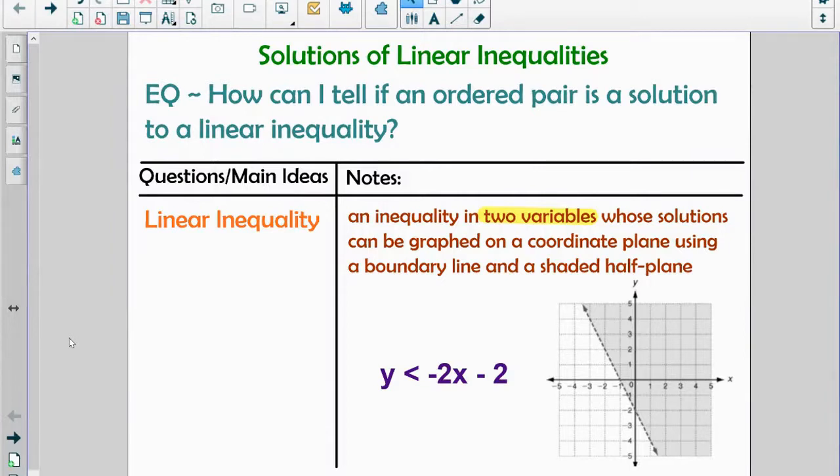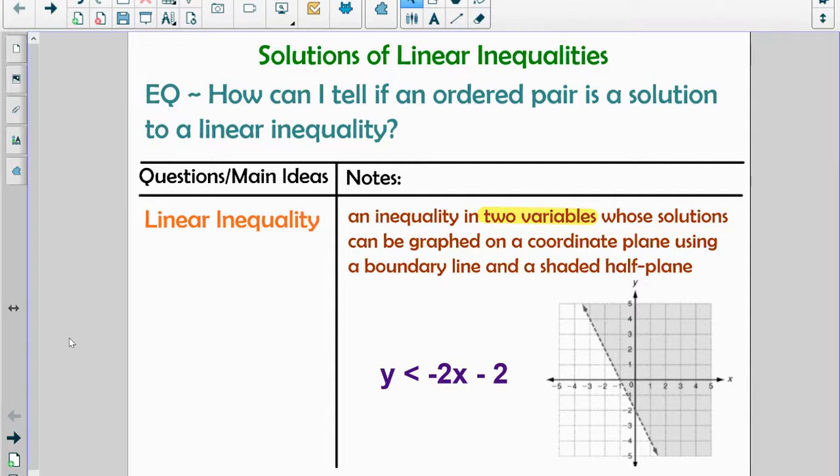All right, so today we're going to talk about linear inequalities. And a linear inequality is an inequality in two variables, typically x and y. The reason they're linear inequalities is because when you have two variables, we end up graphing these inequalities on the coordinate plane. And we get a boundary line, just like when we graph equations, we get a line. When we graph inequalities, we get a boundary line that splits the graph into two sides,